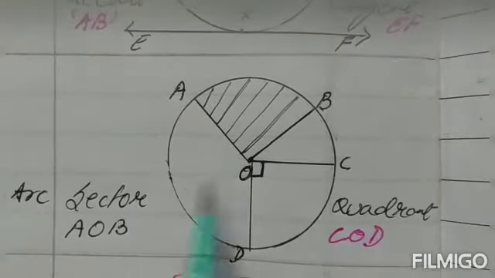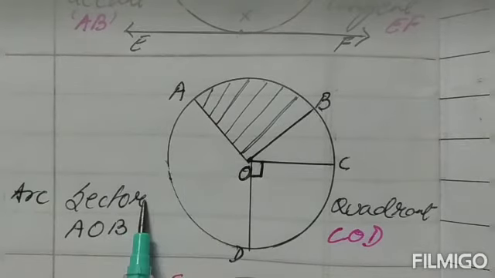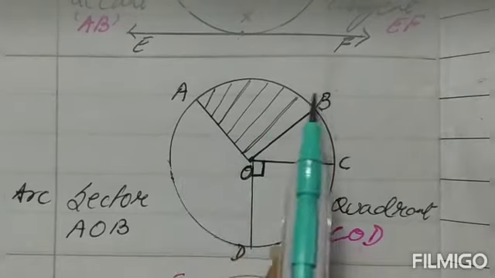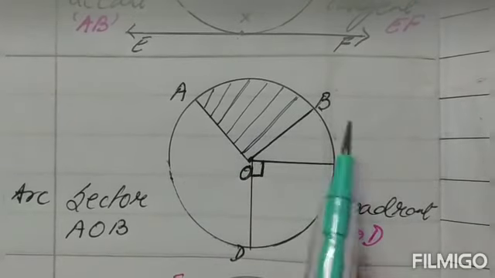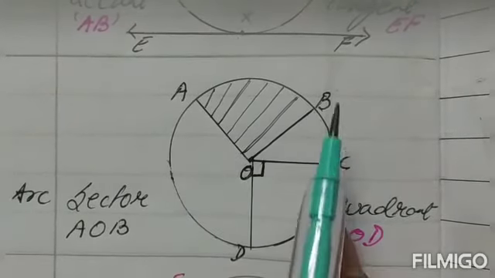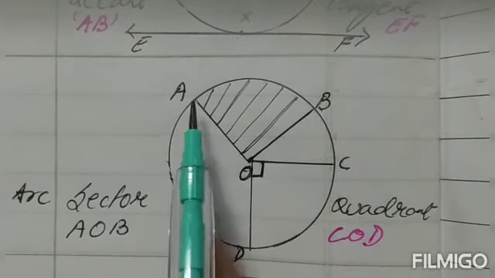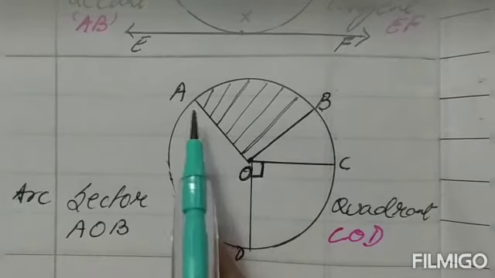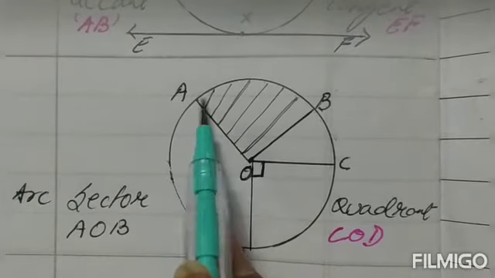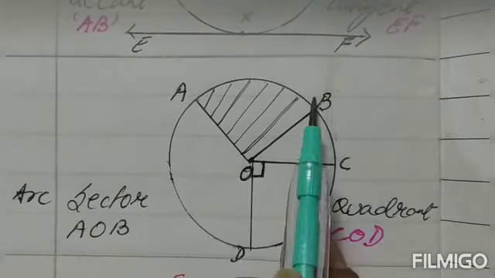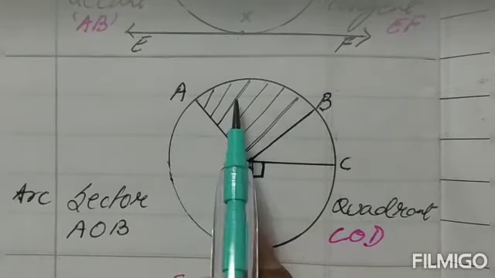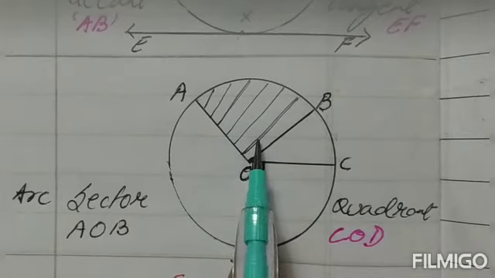Next we come to the other two, which are known as the sector and a quadrant. Now sector means, children, if you feel that it is like a pizza, one part of the pizza that you take to eat is known as a sector. Now if you look at the shaded portion, children, O is the center, and this AOB looks like one piece of pizza. So this is known as a sector.